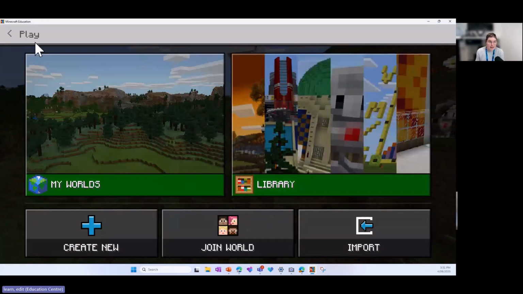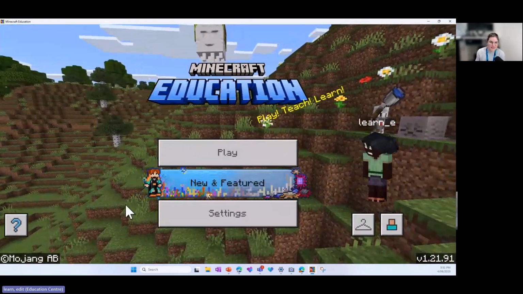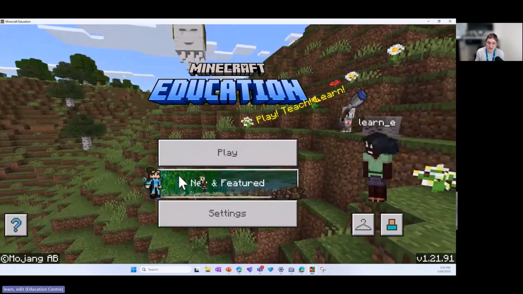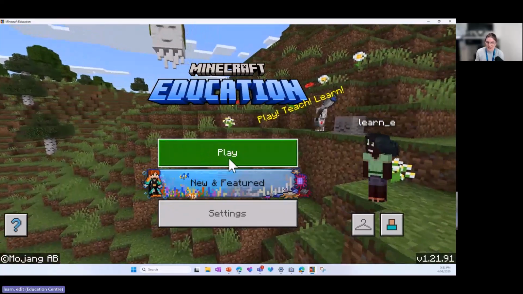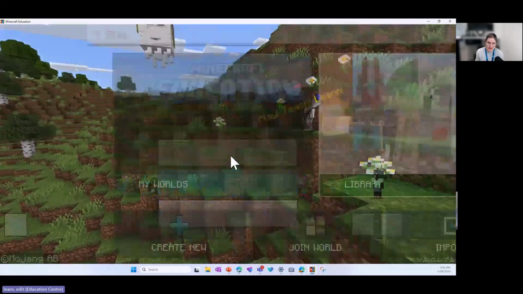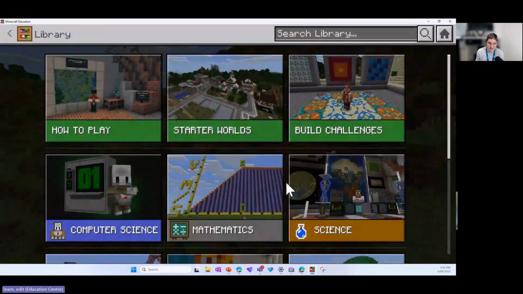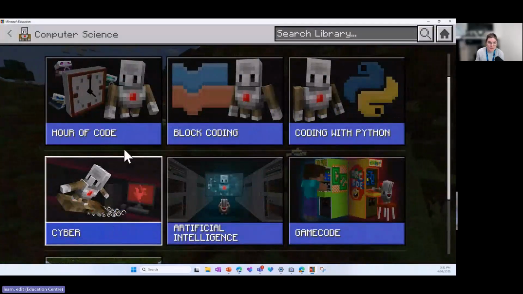Okay, so I am going to go one back just so I'm on this home screen again because I saw that someone missed it in the beginning. So to get to my libraries from this home screen, and sometimes this changes, but there is normally always a play button. I'm going to select play, and I want to go into library because that's where my pre-built worlds are going to exist. This time I'm going to go back into my computer science, and instead of this hour of code,